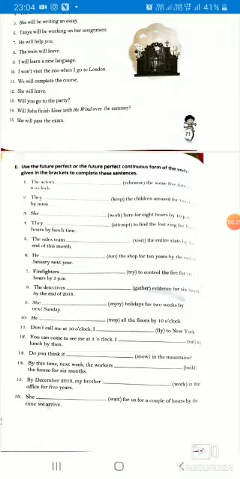If the sentence is given, he is working 5 hours, it means 5 hours can begin from 6 a.m., or can begin from 9 a.m. It is not the accurate time. Then we use for, meaning he has been working for 5 hours. But if the example is given, he has been working Monday, then Monday is a particular moment of time. So in such a case we use since.